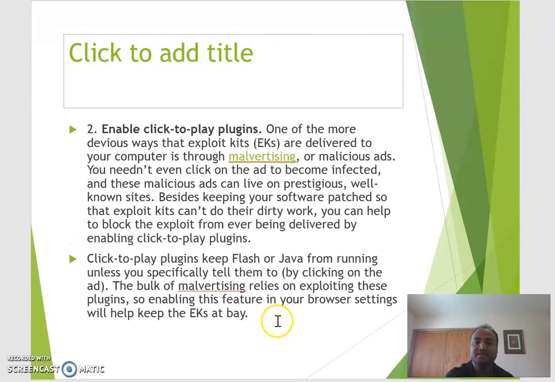The second one is to enable click-to-play plugins. One of the more devious ways exploit kits are delivered to your computer is malvertising. Malvertising, as you can see, is made up of malware and advertising, and there are a lot of freeware applications and sites